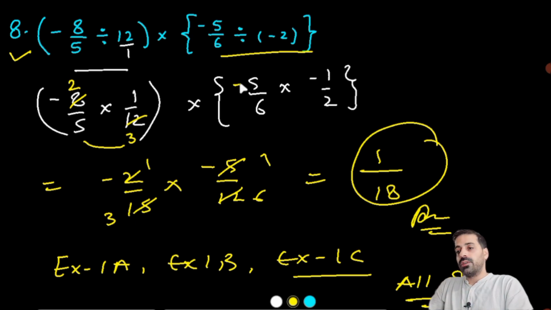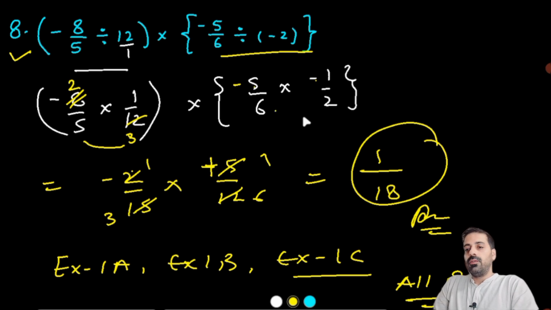Negative 5 upon 6 remains same, and the reciprocal of negative 2 is negative 1 by 2. Okay, so now we have 8 1 4 2 ja 8 and 4 3 ja 12, so we have negative 2 by 15 here, and we have negative and negative positive, it is positive here, my dear student, and 6 2 ja 12, so 5 upon 12 here, so 2 1 ja 2 and 2 6 ja 12, and 5 1 ja 5 and 5 3 ja 15, but negative is here, that is negative, this is the answer, negative 1 upon 18 is the answer. So in this video I solved exercise 1a, exercise 1b, and exercise 1c of the Eschan book of class 8.